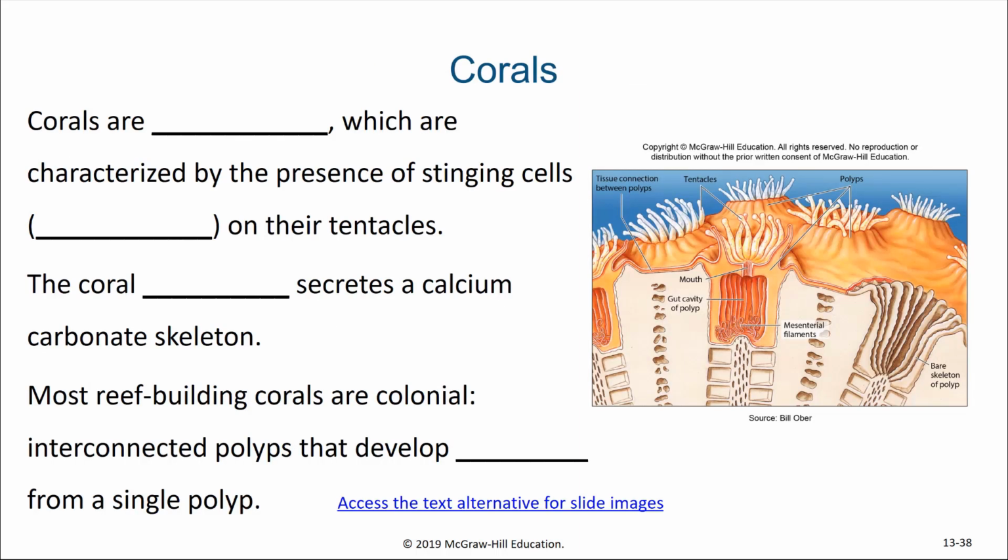Corals are cnidarians, which are characterized by the presence of stinging cells, known as nematocysts, which are found on their tentacles. They are related to jellyfish. In a coral, the coral polyp